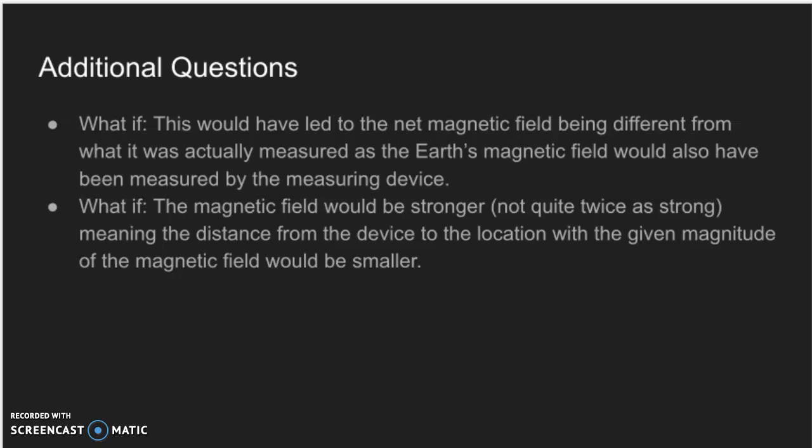Finally, onto our additional questions. The first of which was, if you hadn't oriented your experiment to compensate for magnetic north and had instead laid out your meter stick at some intermediate angle with respect to the Earth's magnetic field, how would your results have changed? This would have led to the net magnetic field being different from what it was actually measured, as the Earth's